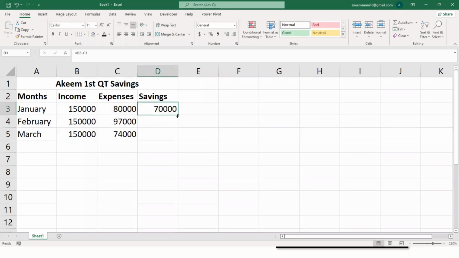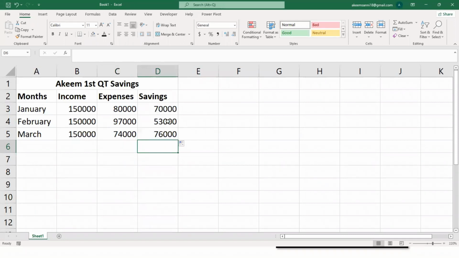Then if I drag this down, if I double click to copy it down, Excel will automatically get the answer for me. Right now, I have been able to do this, right? So I need to know how much is all the money that I receive. How much did I spend? How much is my total expenses? And how much did I have left in my savings?